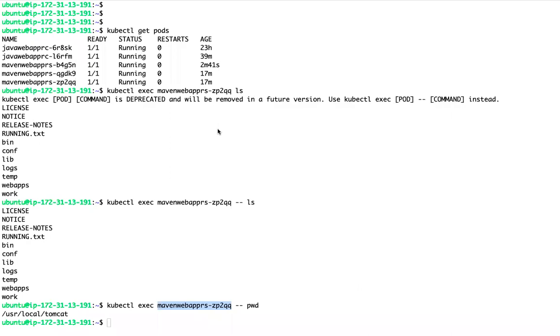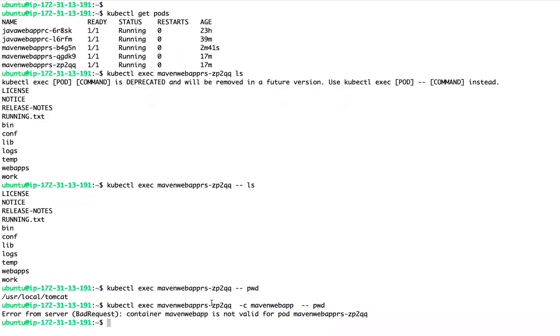When I execute a command, on which container will it execute? So it will get confused. So if your pod has 2 containers, you can use one option called -c. Within that pod, if you have 2 containers, you can give the container name. If you see, my container name is something else. I'm giving something like this, maven web app.